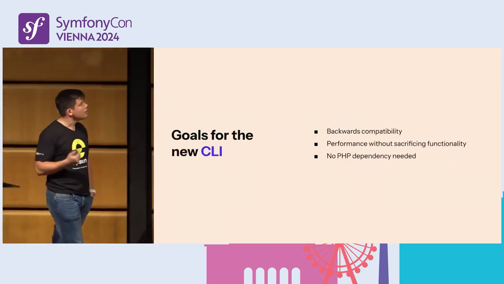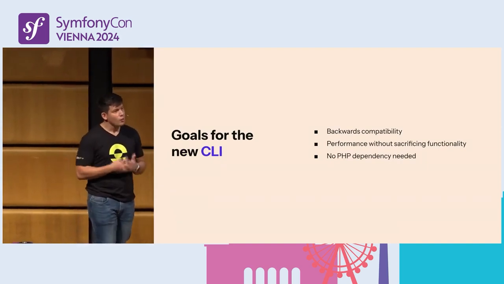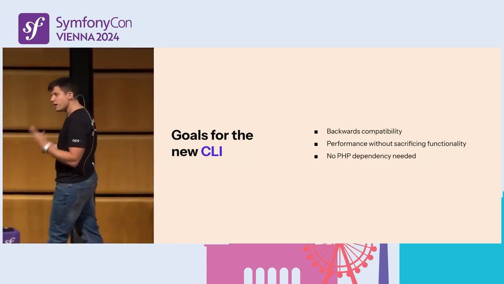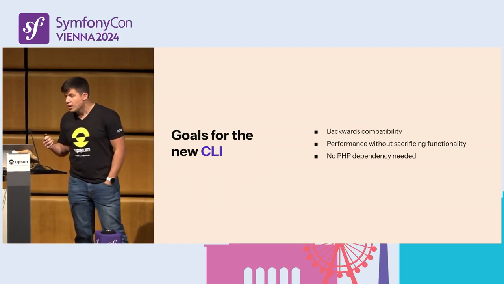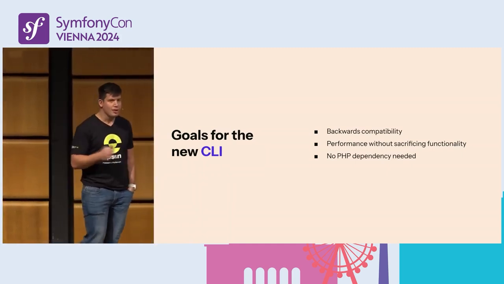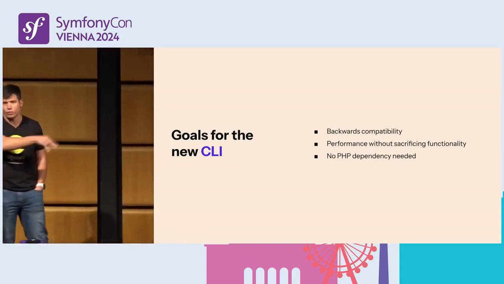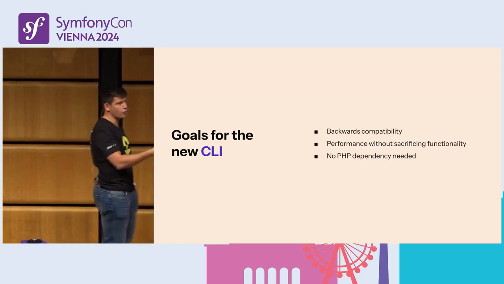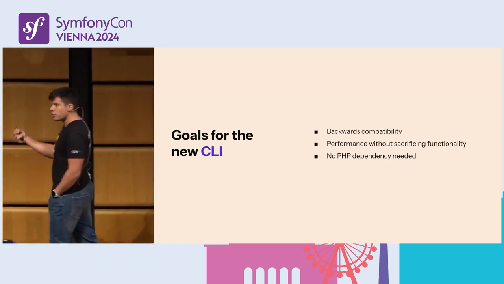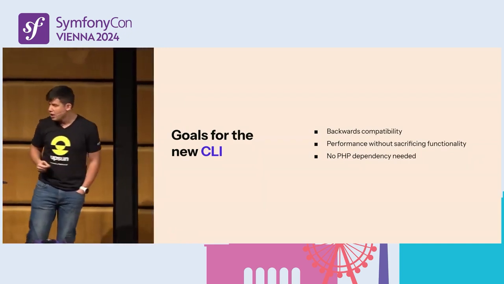Another big thing was that we had some goals. So we sat down, we said, okay, what are the goals for the new CLI? What do we want to achieve by creating a new CLI, and how can we do this? First and foremost was backwards compatibility. We didn't want to say, you will have all those new things, but everything you worked with previously will not work going forward. We want to make sure that every command, everything that you could run with the old CLI written in PHP will continue to work.